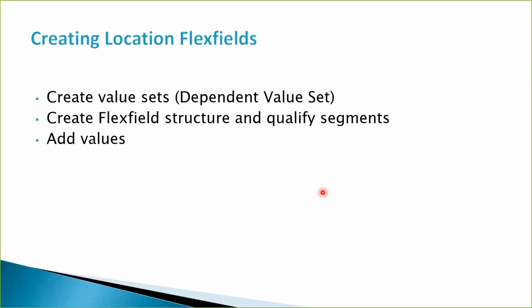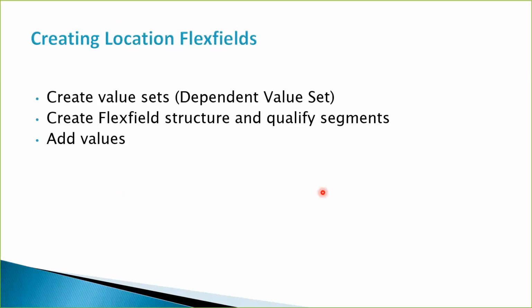So it's not that much different from what we did when we were creating the asset category flex field. We need to create the value set. We can create this as a dependent value set, whereby when you select the first segment, which is the state, then the second segment gives you the list of cities. We can do it that way. But remember, we said you are allowed up to a maximum of 7 segments in this flex field. So when you're creating your flex field, you should be aware of that, the limits on what you have to